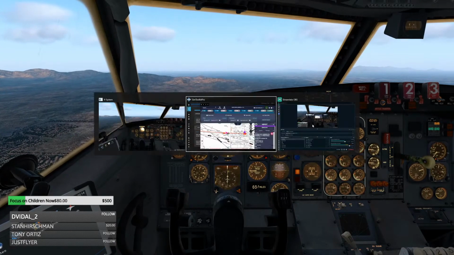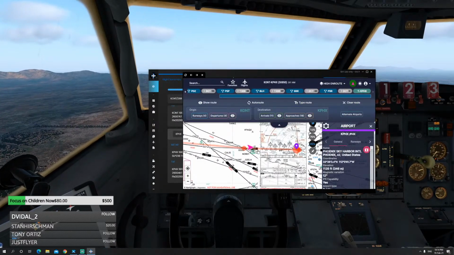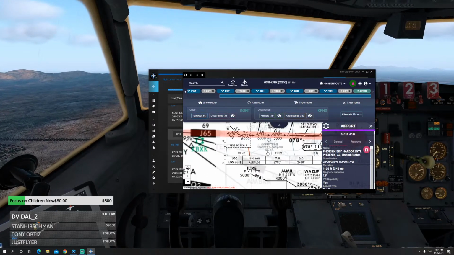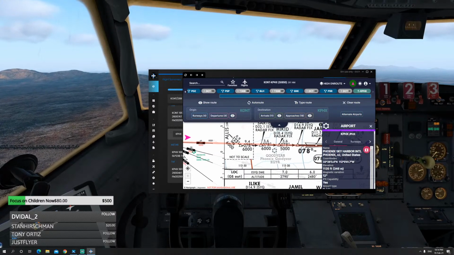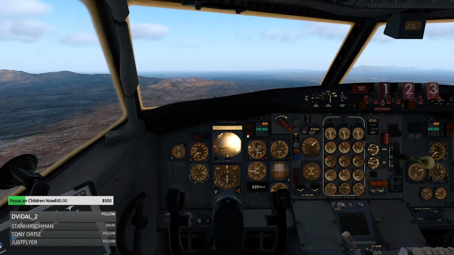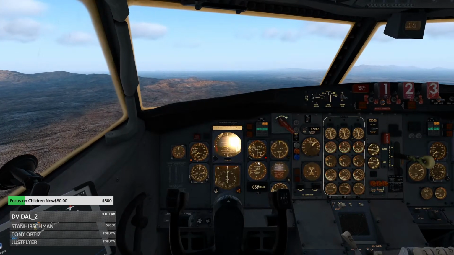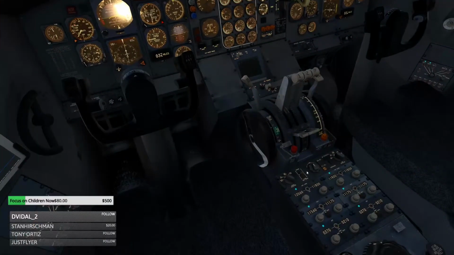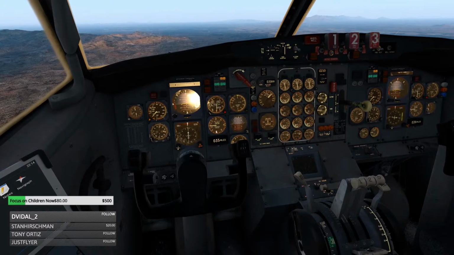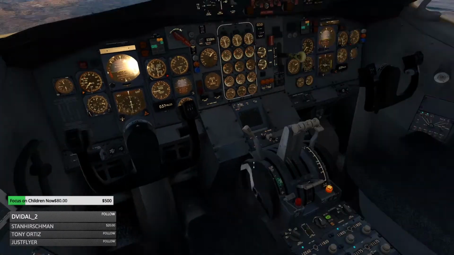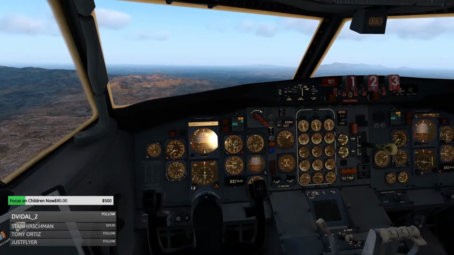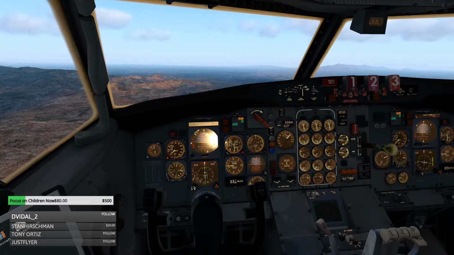All right, so this is where we are. As you can see, we're heading right towards Phoenix right now, and this is the runway right there. So we're not too far from the runway. So what I'm going to do now is switch to heading select. Let's see here. All right, so first let's make sure that the heading bug is in the right direction, right there. And we're going to go to heading select. And we're going to keep the VOR there, but we're going to set the approach course to 078, which is